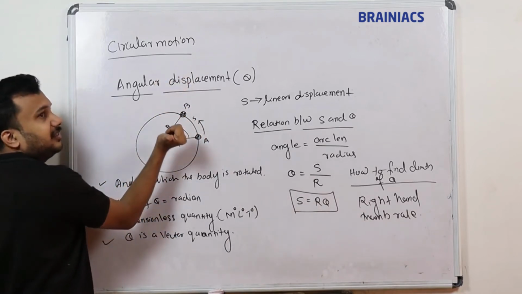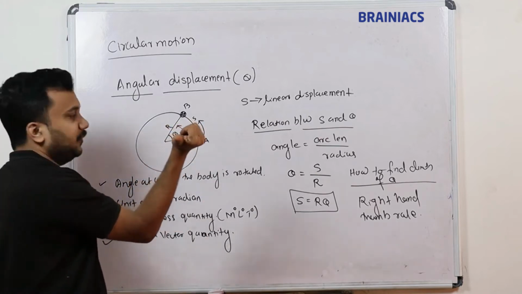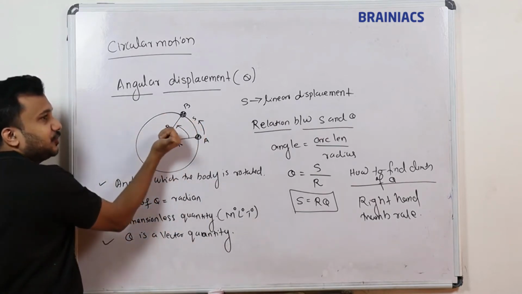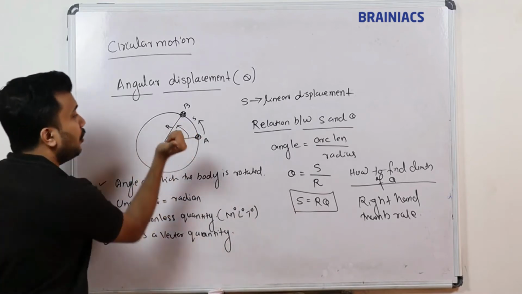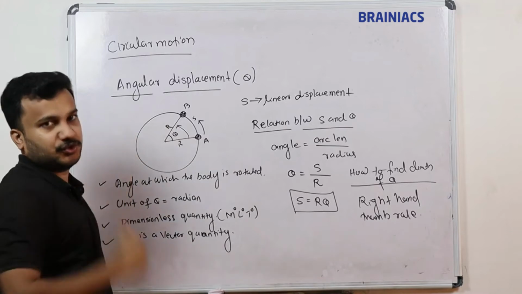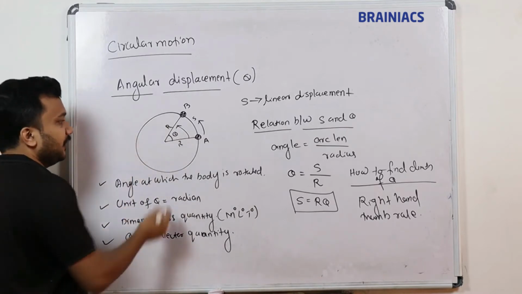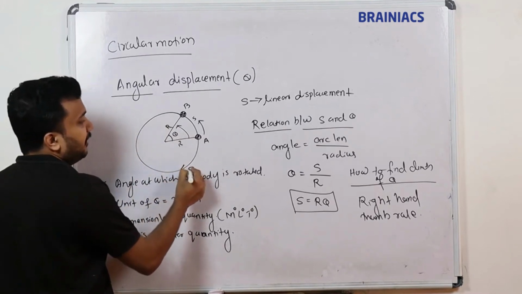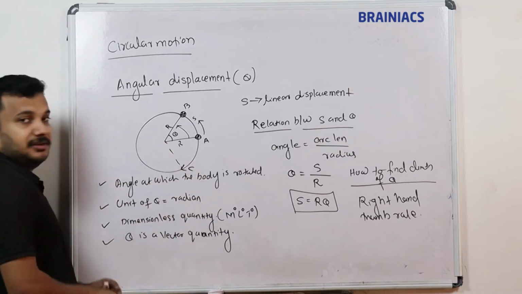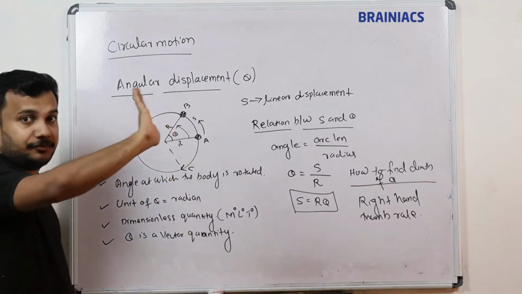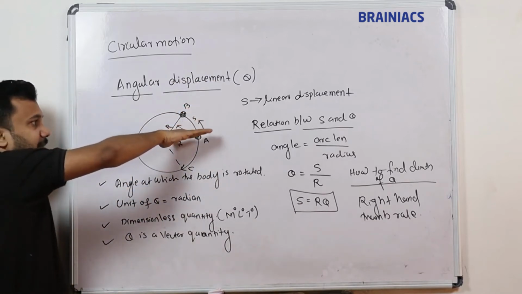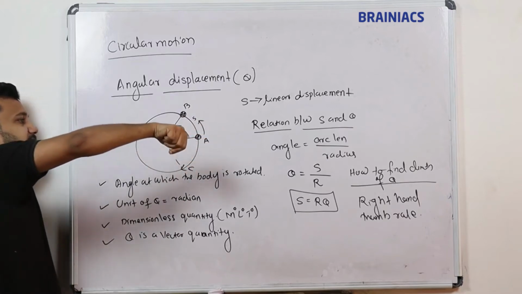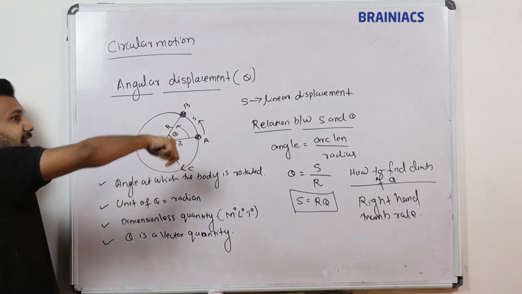So you can see your thumb is coming outside. This I can say is the axis. So the thumb is along the axis. So theta is along what direction? Along the axis, but towards outside. In another way, if a body is rotated from A to C like this, then you have to hold your four fingers and rotate in that way. See, I am rotating from A to C. A will be here in a straight line with my fingers and I am rotating to C. My thumb is going inside.